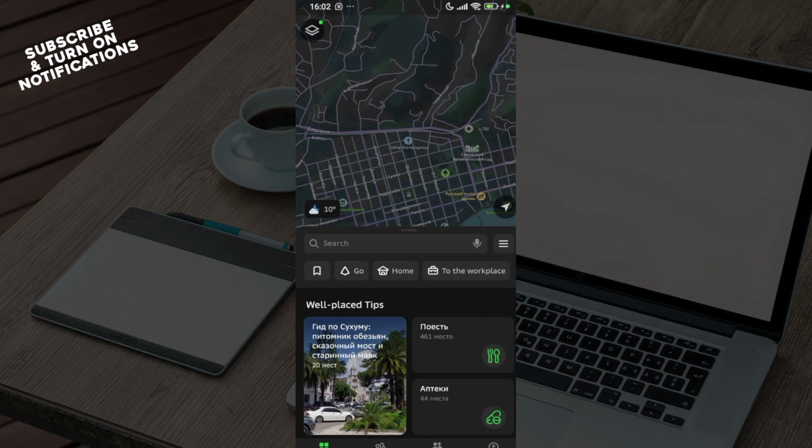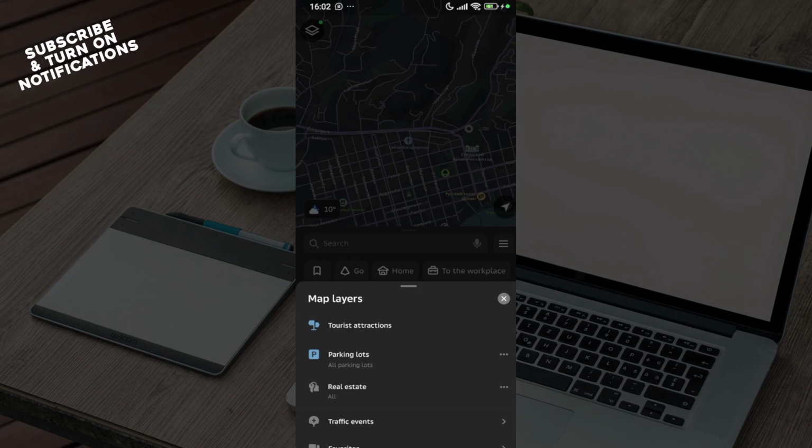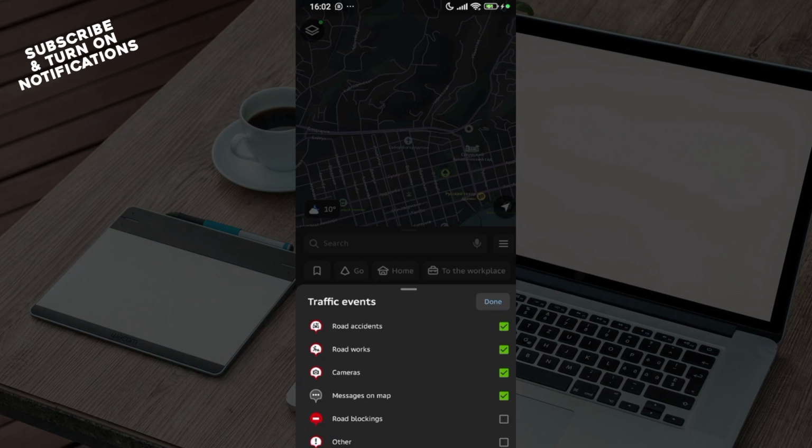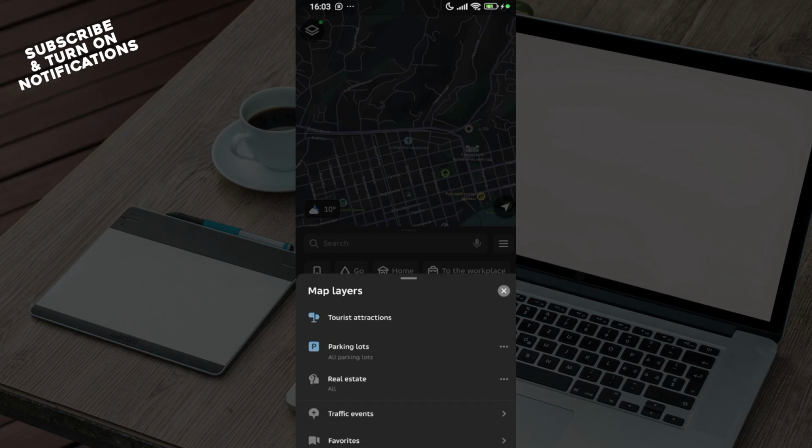And then once you're logged in, move to the top left corner of the screen where you can see your layers option. Once you've done that, you can see map layers displayed, then select traffic events. Then you can see different traffic events that you've activated. You just go ahead and turn them off one after the other. Click on done and cancel this, and then just like that, you will no longer receive traffic alerts on the